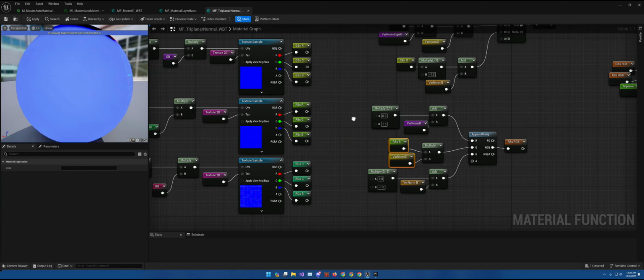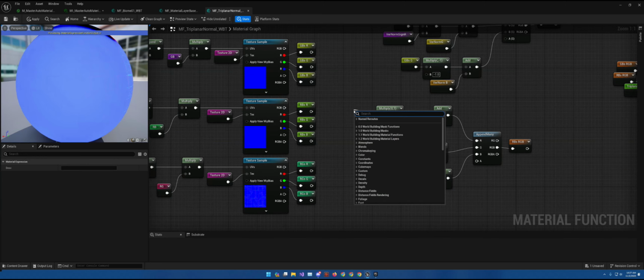Alright, so now out of this multiply we want the RBS R,